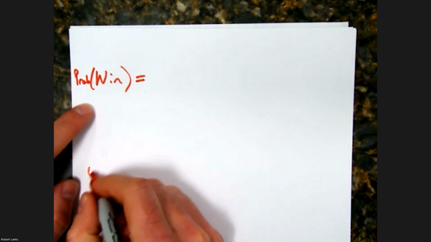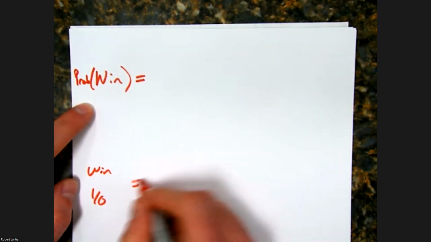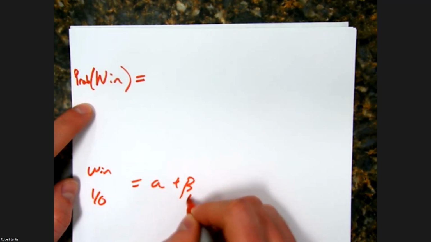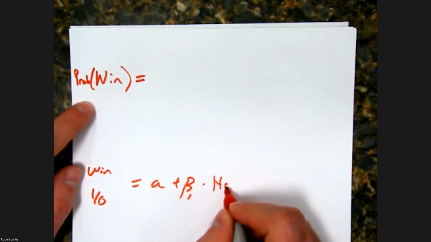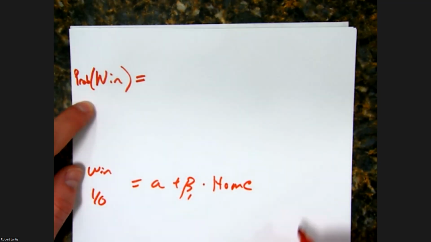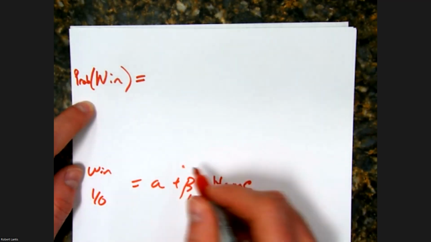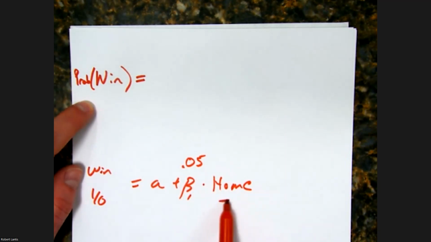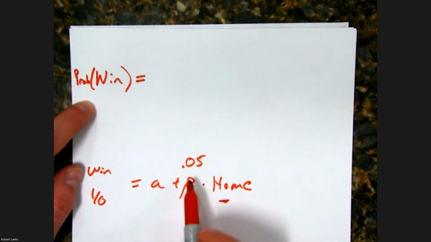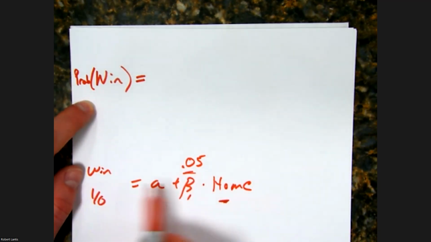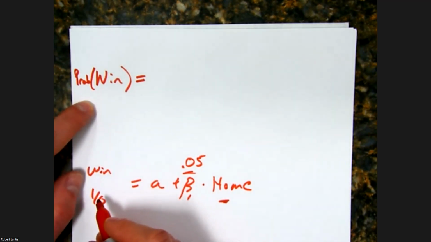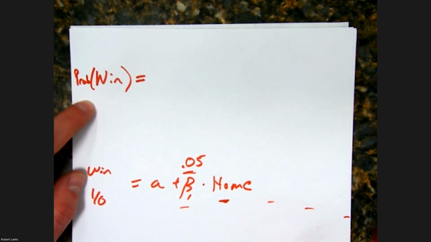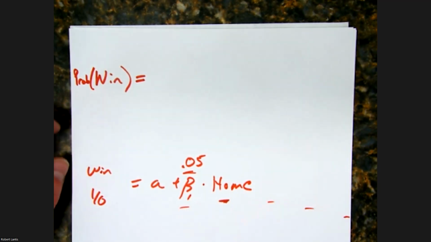For instance, if I ran a real basic regression with this 1-0 variable, were they the home team or not? Once I have a value here, maybe it's 0.05, this would tell me, okay, if the team in question is the home team, the predicted increase in their win probability is 0.05, right? So when I'm trying to come up with a predicted probability that they win, I'm taking into consideration every single coefficient on every single variable.